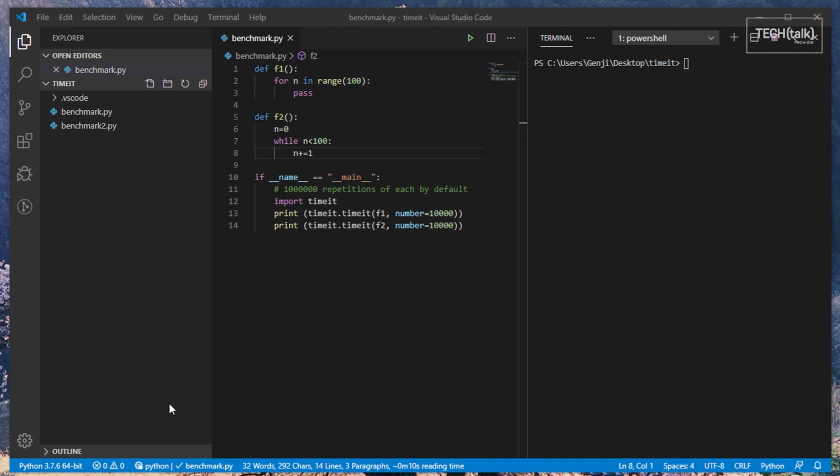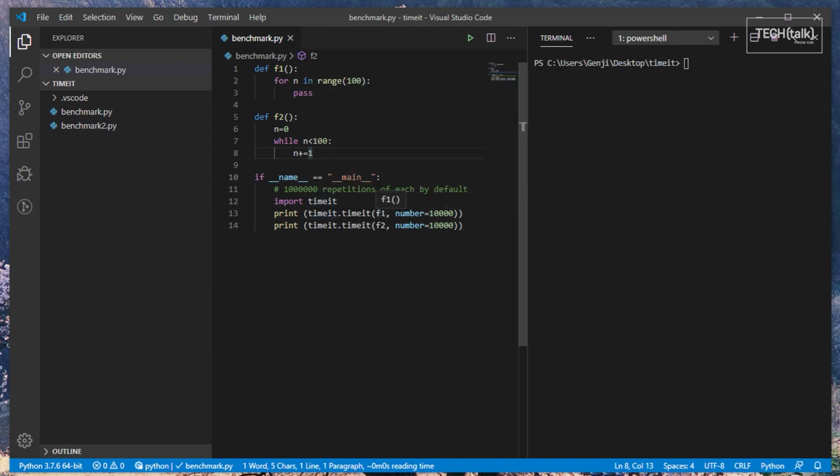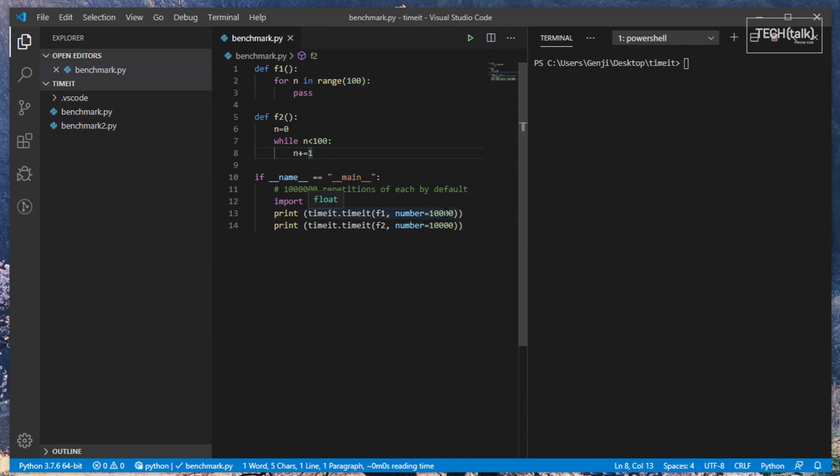In this example, I have two functions, f1 and f2. Both of them count in a loop up to 100, but they do it in different ways. f1 uses Python's range function, which is built in, and is generally quite fast. f2 just uses a variable n, which it increments in a loop until it reaches 100. What TIMEIT does is it takes in any function or any string which can be translated into a Python script, runs it a certain number of times, in this case 10,000, although the default is 1 million, and then reports back the total amount of time taken to run those iterations of the script.